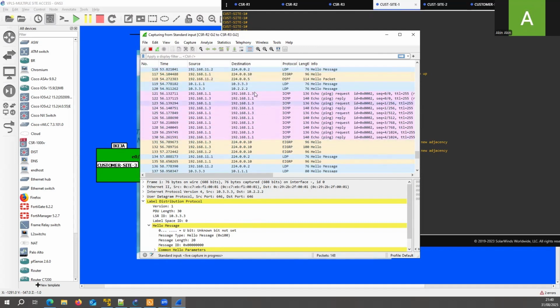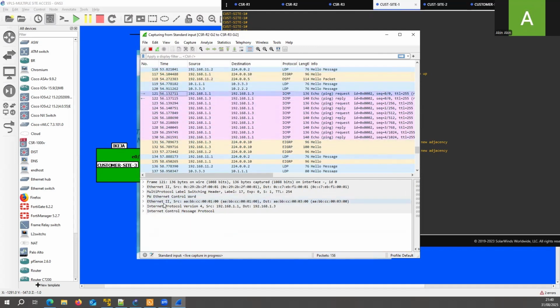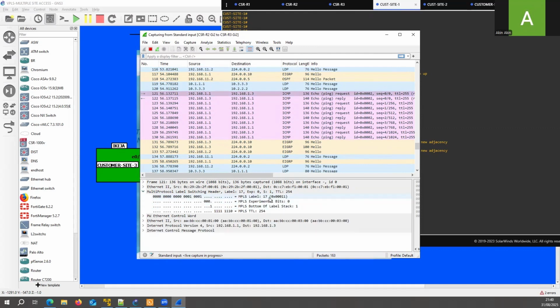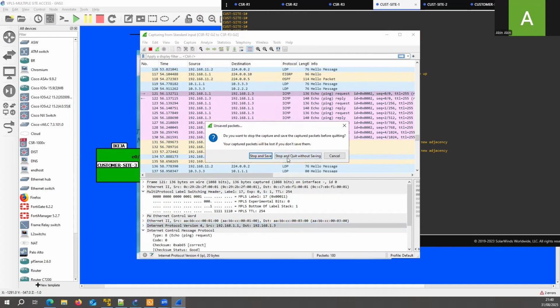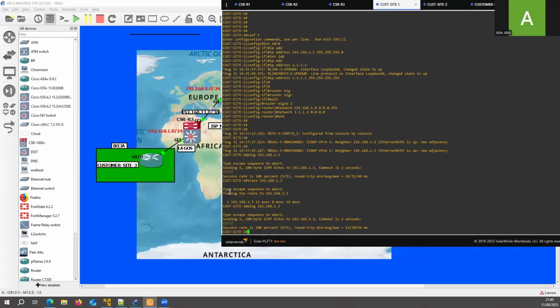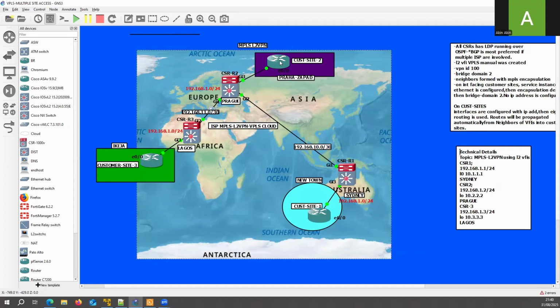You can see we have all this, but when you click one of the packets, you see it's actually going through the MPLS network. This is actually what we're trying to explain, which is cool. So we can see that traffic works, and it went through the different geographically separated networks, and it shows that it's actually making them look